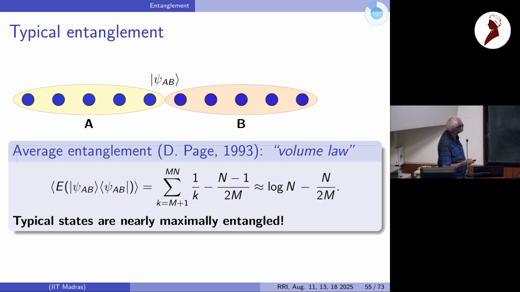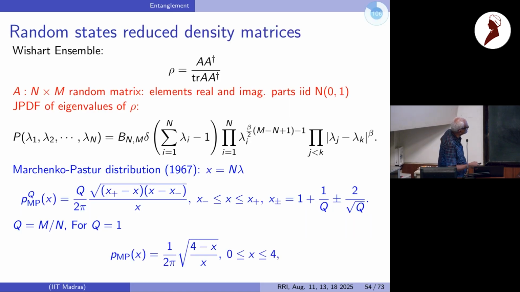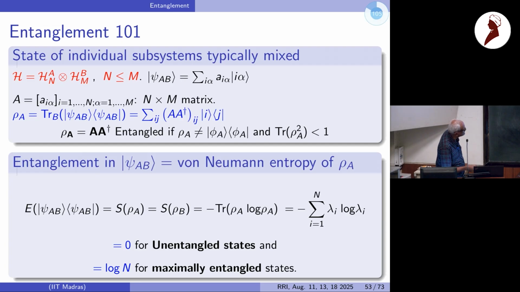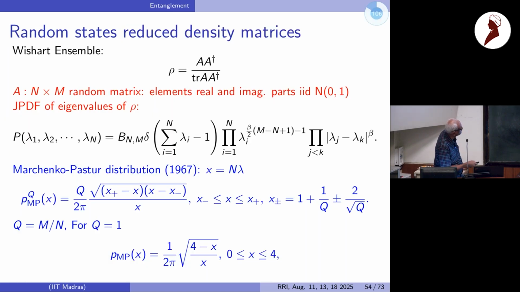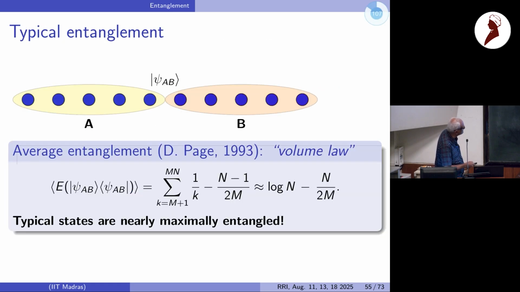Now what about the average entanglement? This is the distribution of the eigenvalues of the density matrix. You can calculate the average of the entropy from this distribution. Quite remarkably, for beta equal to 2, you can do this exactly, and there is a very nice formula. It was derived by Don Page in 1993. It is exact for any m and n, but for large dimensions n and m, it's approximately given by this. Now m is the larger dimensionality of the two parts. You can see that if n is equal to m, this is log n minus half.